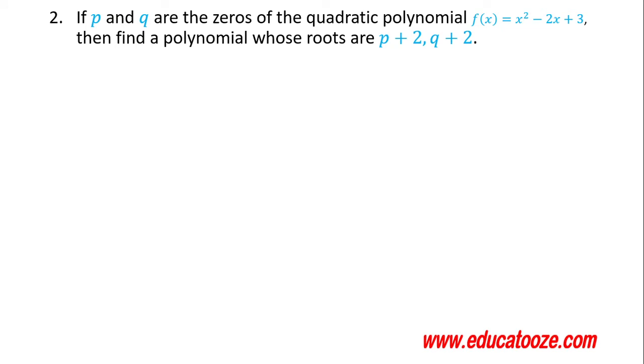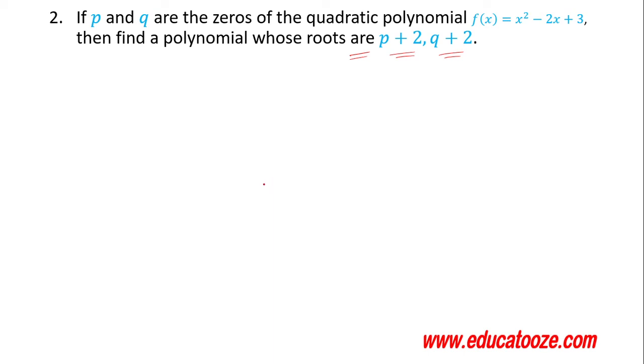Now let's see the next example. It's given that p and q are zeros of the quadratic polynomial. Then find the polynomial whose roots are p plus 2 and q plus 2. This is a very interesting question. To develop this